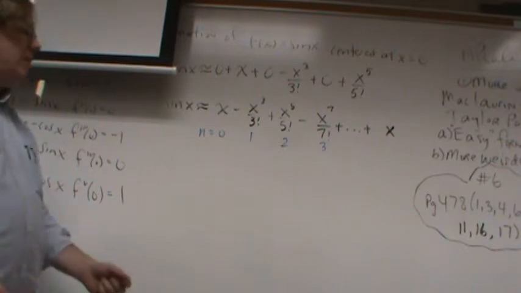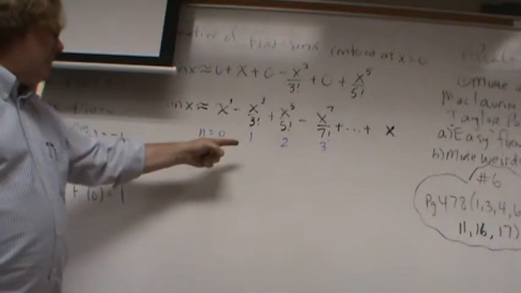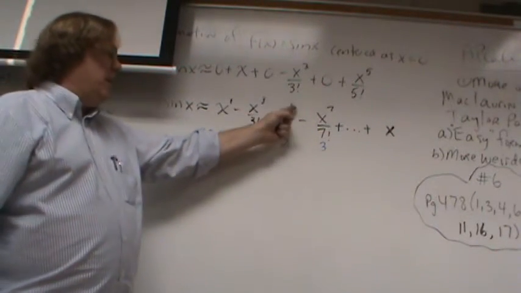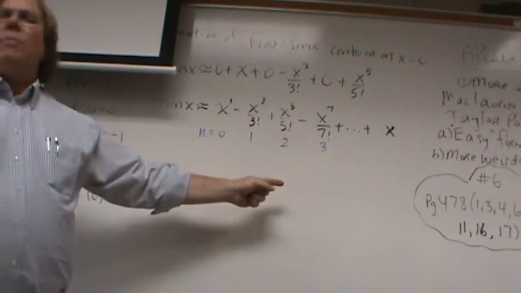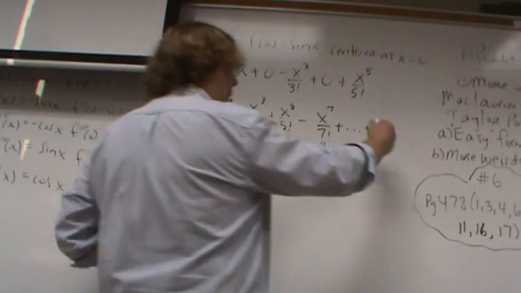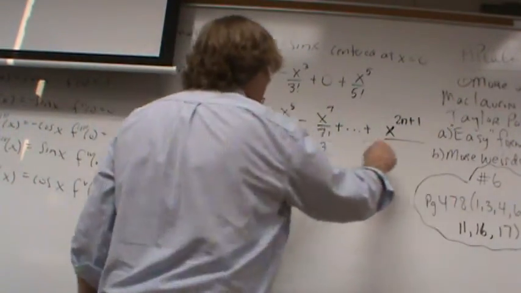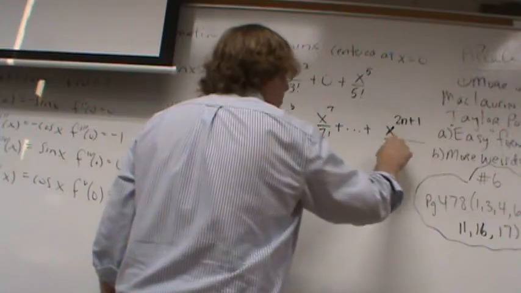What I'm trying to do, let me just show you. Okay, this is x to the first, by the way. Are you guys okay that if I tell you which term it is, you can get the exponent by just taking this guy, doubling it, and adding 1? So my nth term would be to the 2n plus 1 power, and the factorial would be to the 2n